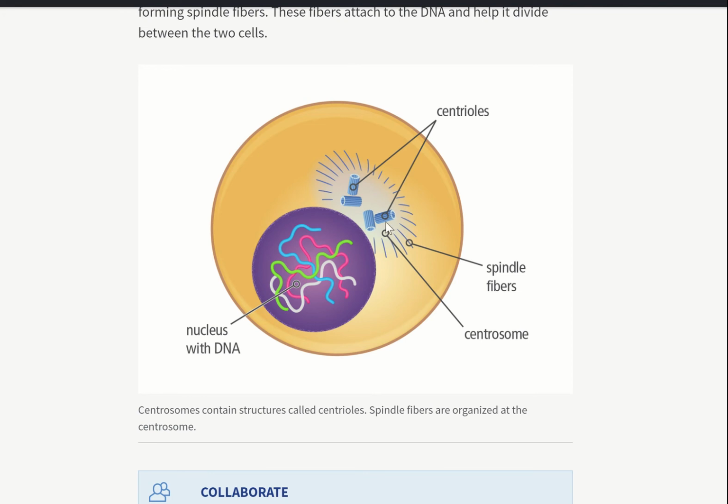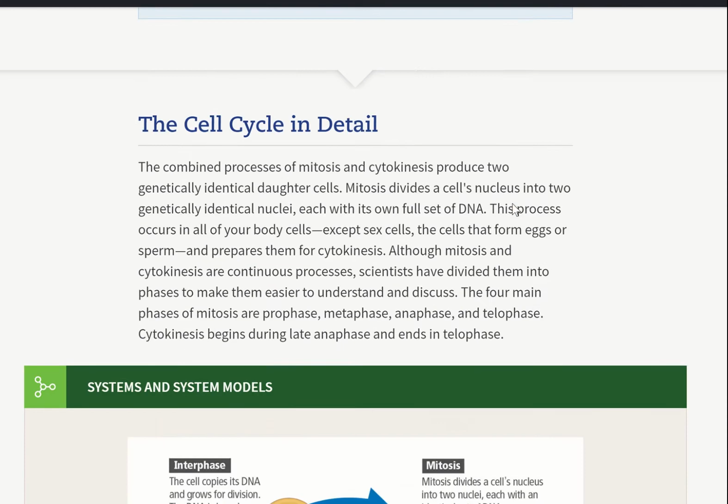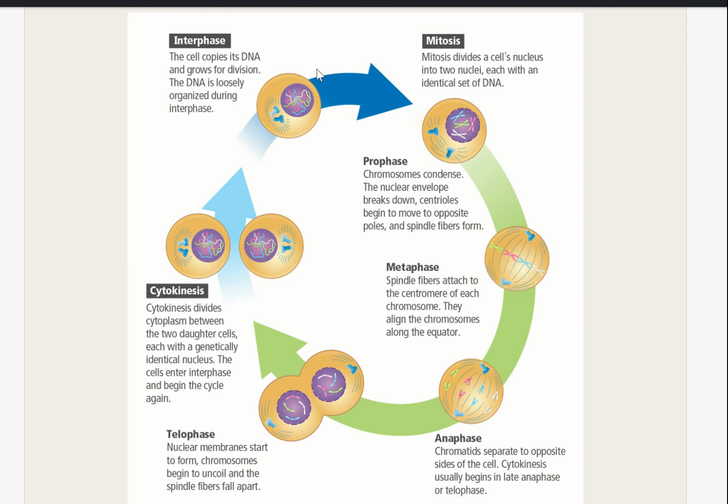Centrioles are going to produce these products called spindle fibers, and I want you to think of like tug of war, right? So what's going to happen is these spindle fibers are going to attach to the chromosomes, and that's what's actually going to pull the chromatids apart from one another. So as we scroll down, it talks about the cell cycle in detail, and here's what happens. So when we get into interphase, as we know, the DNA is going to copy, and the cell is going